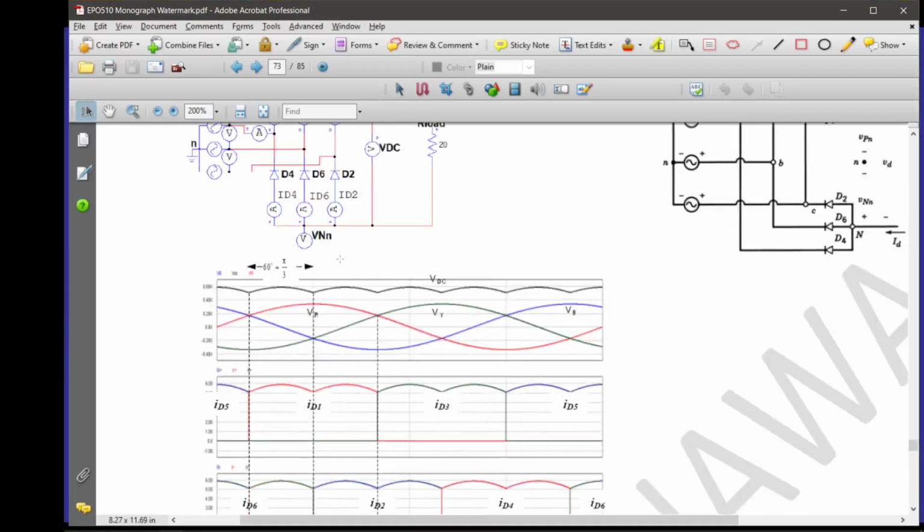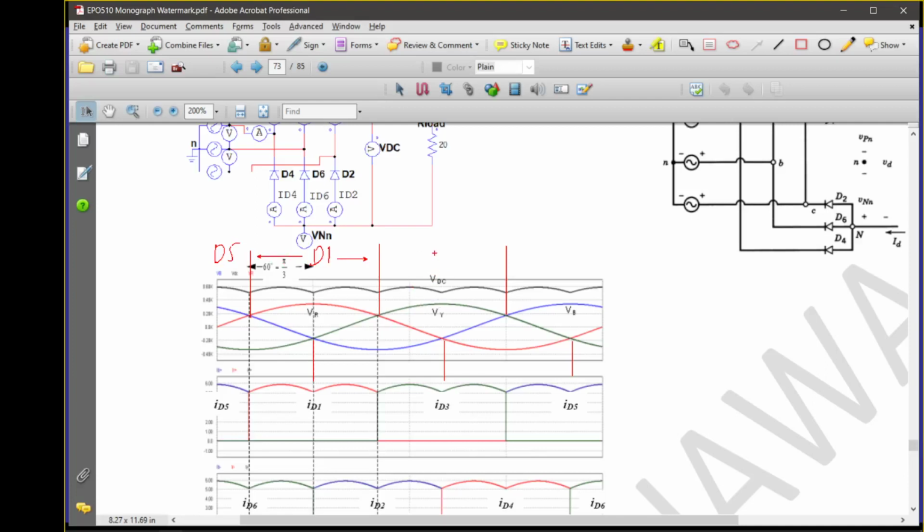Again, let's do this. Let's mark the area here, 2, 3 there, and at the bottom, we're going to mark that, and mark here. So this is the operation of D5. Here we have D1 operate from there to there. Then we have